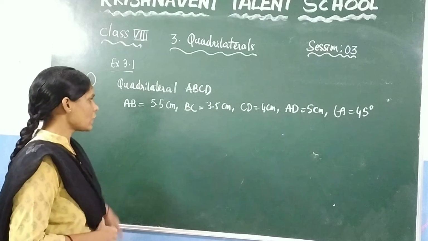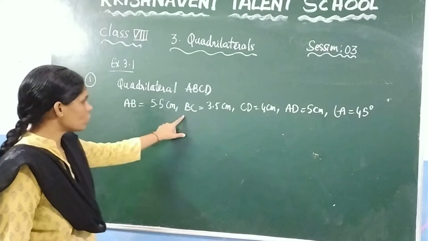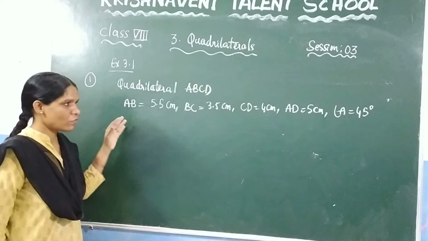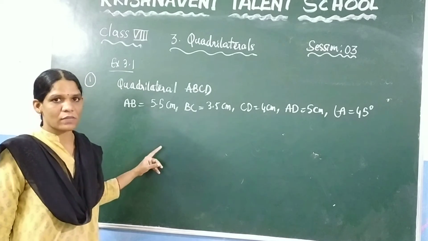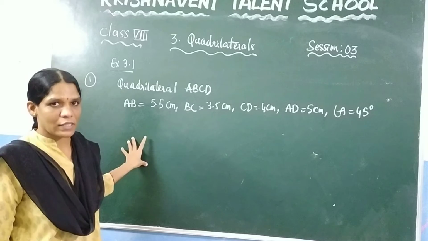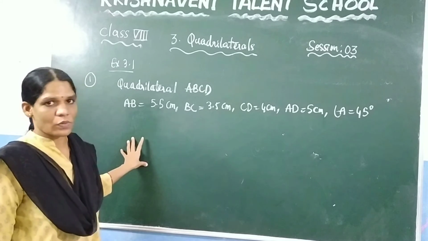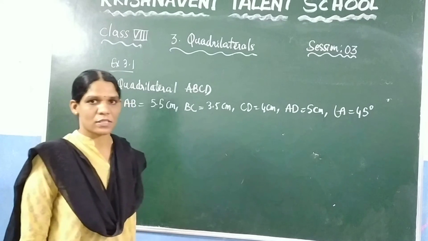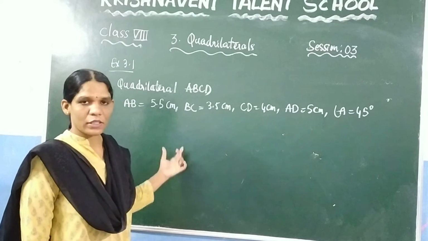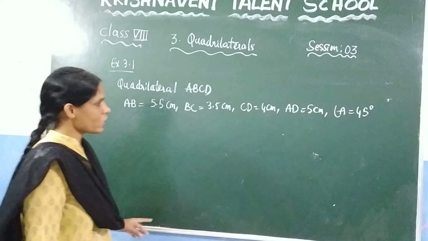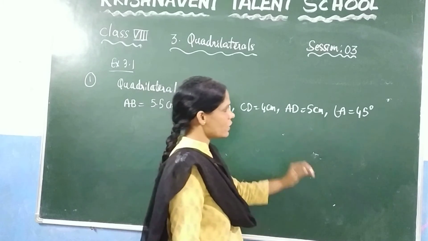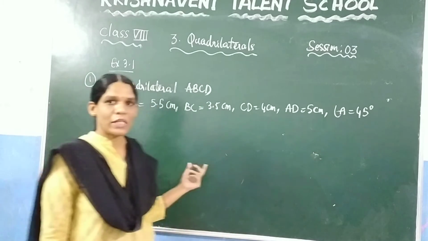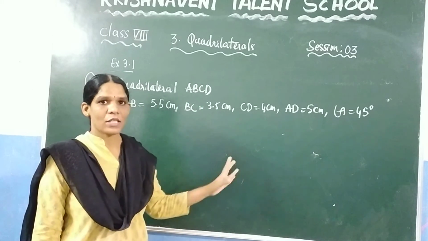So here clearly you can observe that 4 sides are given, 1, 2, 3, 4, and 1 angle is given. So in this exercise, if 4 sides are given and 1 angle is given, we need to construct how to draw the quadrilateral now. Before constructing this quadrilateral, you need to draw the rough sketch. So how it looks, you need to draw. What is the angle given? You need to observe first which angle is given, angle A, 45 degrees. So you need to take the base such that A should be there.